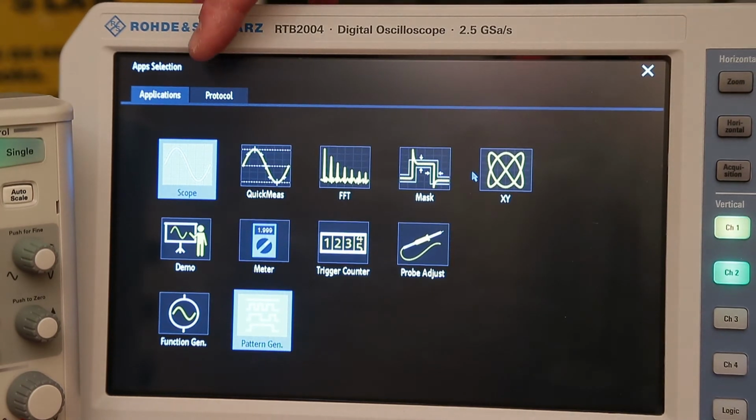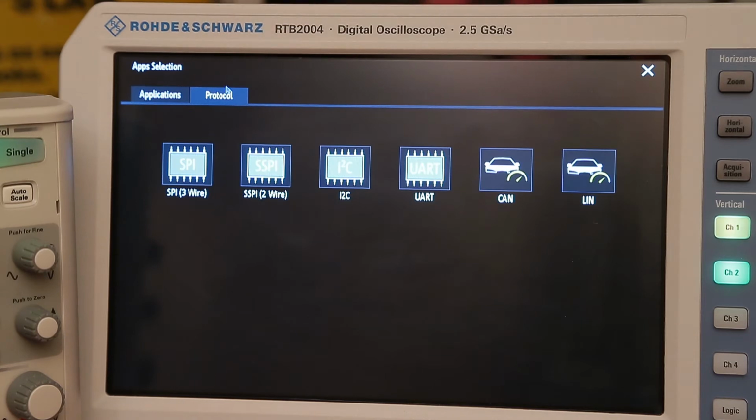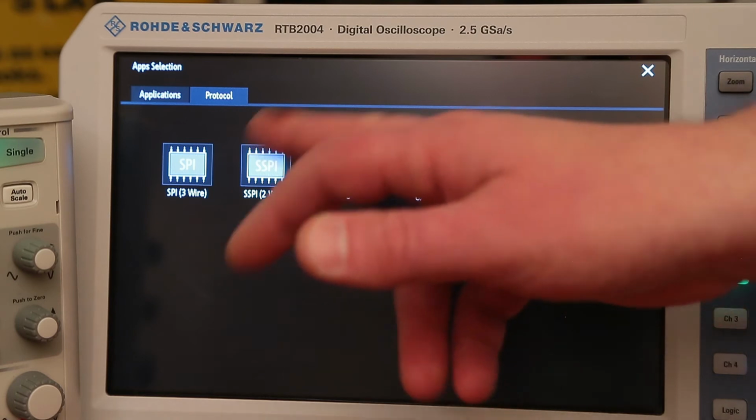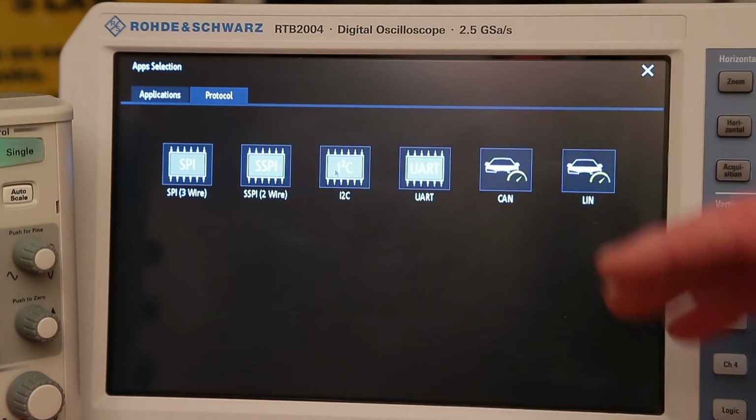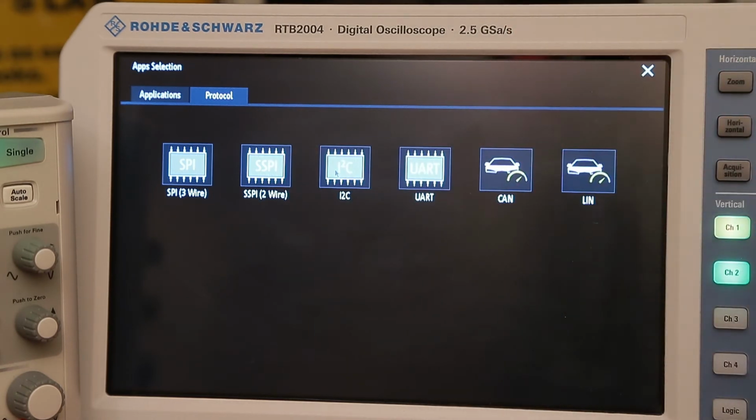So I think I've shown this before in the first video. When you go to protocol, and this is on the app selection, you've got SPI 3-wire, SPI 2-wire, I2C, which is what we're just showing at the moment, but obviously this is generated from within this scope. I was using a signal from the Keysight just to show it receiving data. UART, CAN and LIN, and what I would say is that I've also been using, and I will show it in another video,